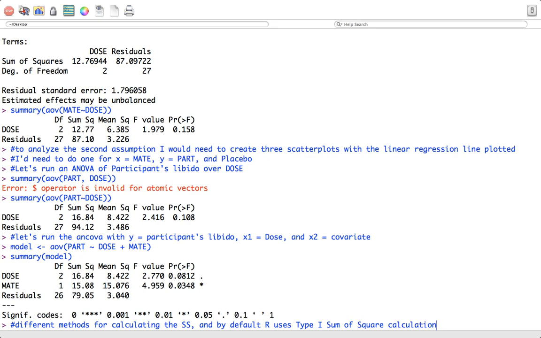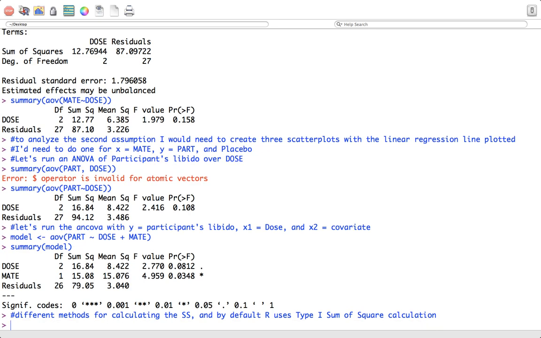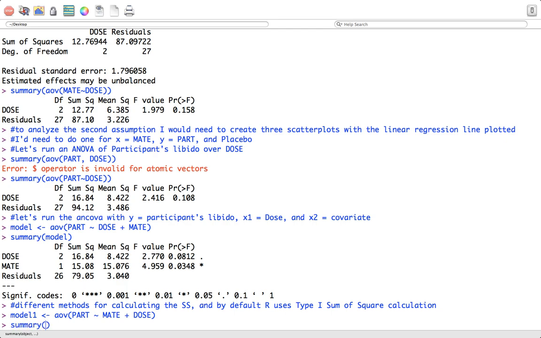Well, okay. And what I mean by that is what type 1 sum of squares calculation is all about is it matters about the way you put the information in. For example, what if I set up model 1, let's call it, and I run an AOV, part over mate plus dose. And if I do summary of model 1,